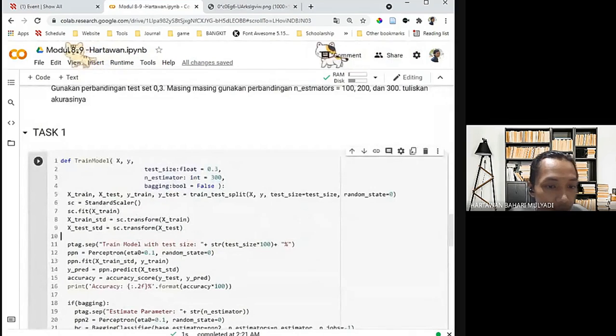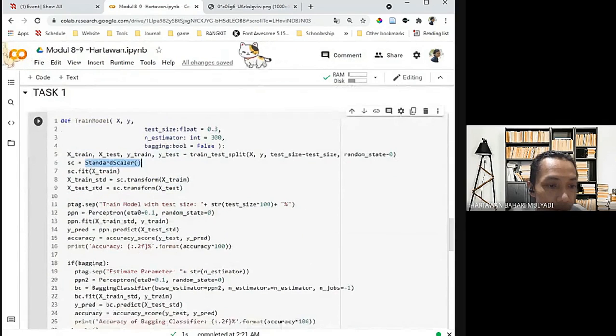Okay, here we do the preprocessing with StandardScaler, then fit the model, and we print the test size comparison. Next we put a perceptron layer here and fit the perceptron using the result of the standard scaler, and next we get its accuracy.